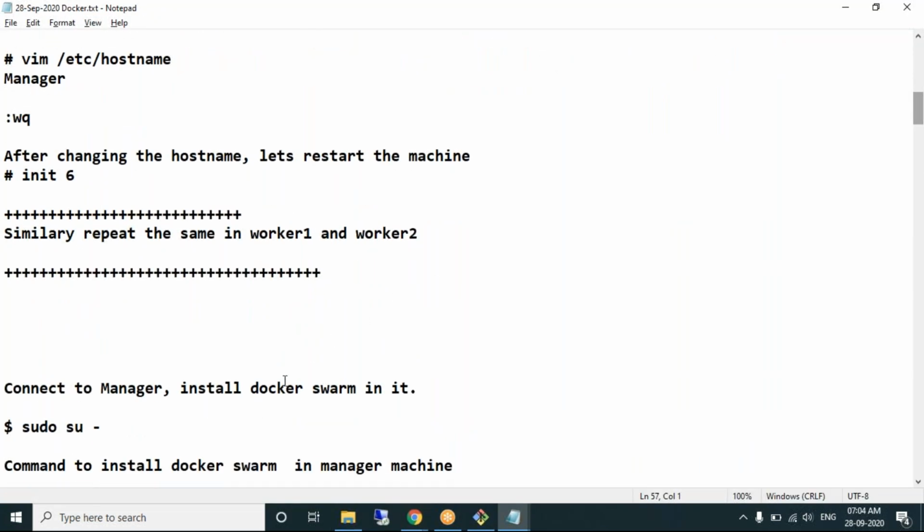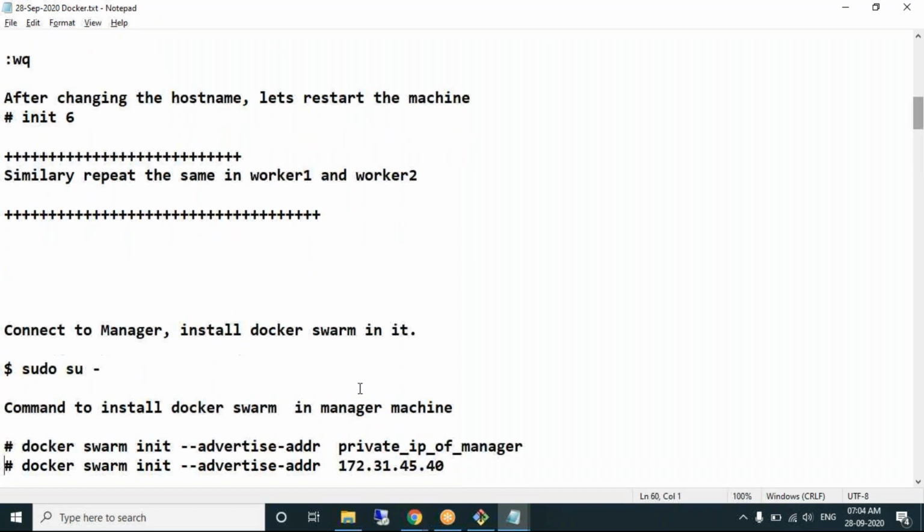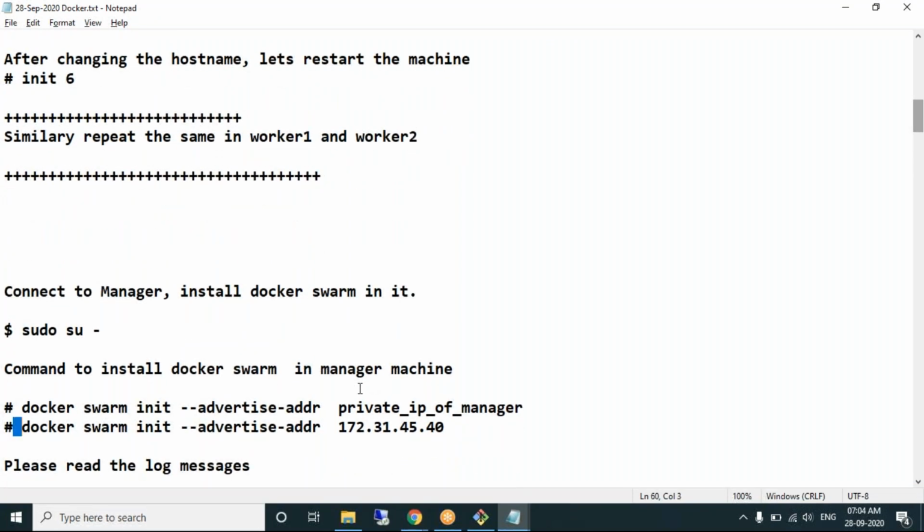Connect to manager, install Docker Swarm in it. To install Docker Swarm, it's one single command. docker swarm init --advertise-addr, private IP address of the manager.